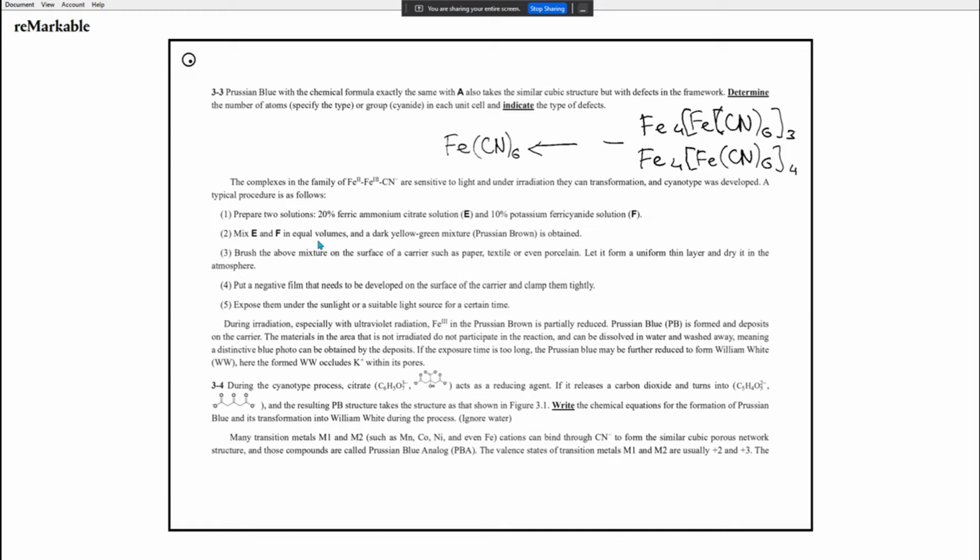So what does it mean? We are asked about Prussian blue with a chemical formula exactly the same as A, which also takes a similar cubic structure but with defects in the framework. Determine the number of atoms, specify the type of group cyanide in each unit cell and indicate the type of defects. Alright, so the defect is usually just